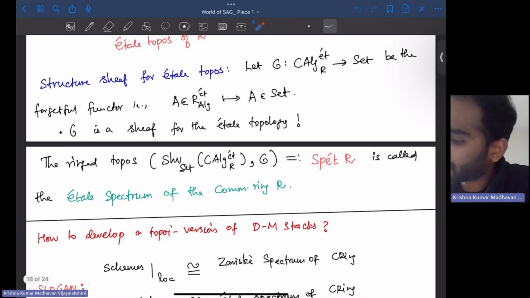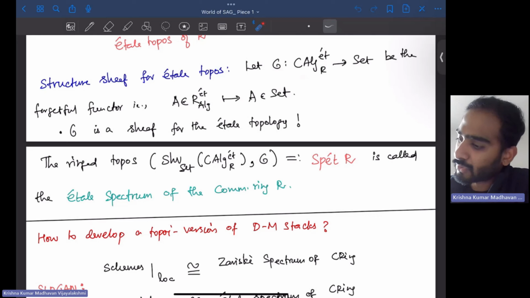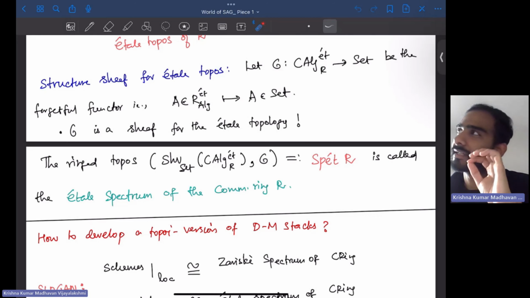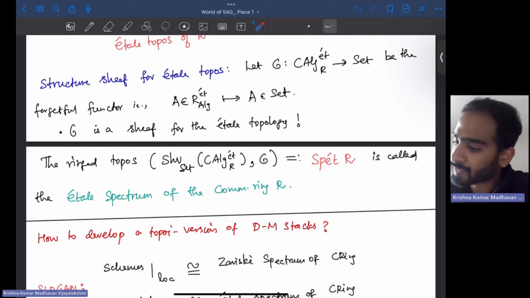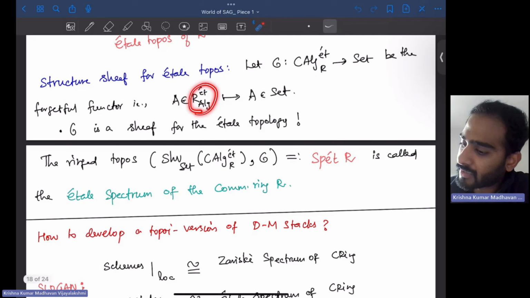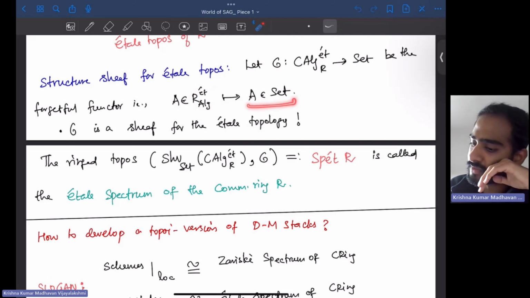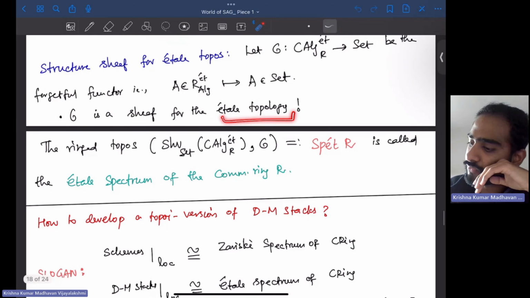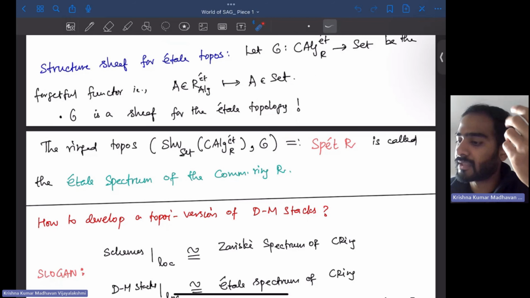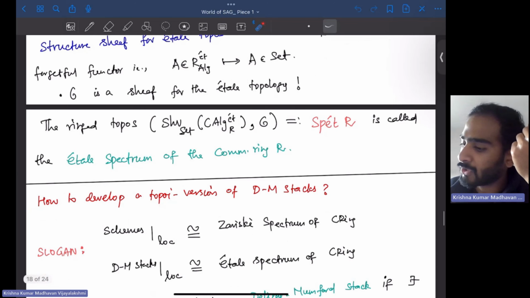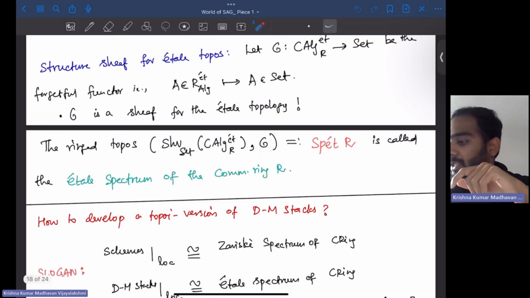So you have a sheaf defined in this way, which forgets the R-algebra structure. So you have an E-infinity R-algebra, and then you forget it, and you get the basic underlying ring. So this can be shown to be a sheaf in the étale topology. So the ringed topos, which has this as its structure sheaf, will be called Spec of R, which